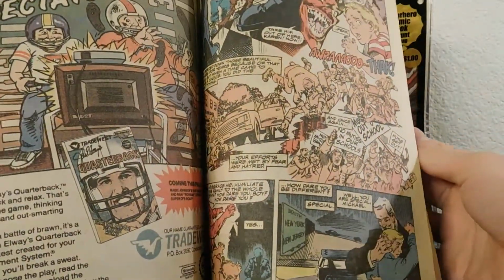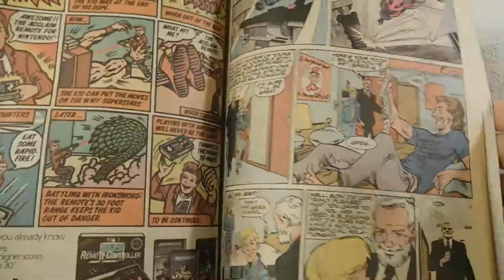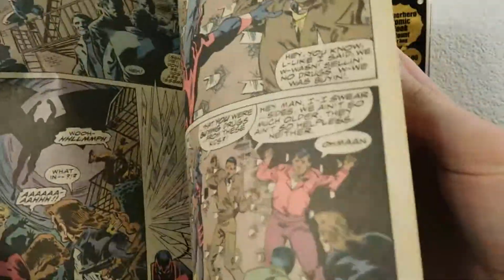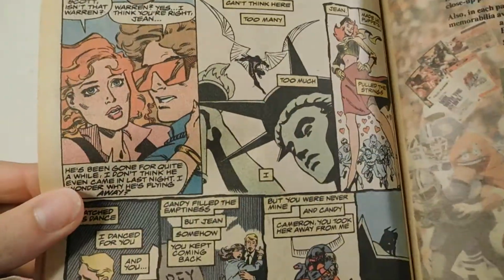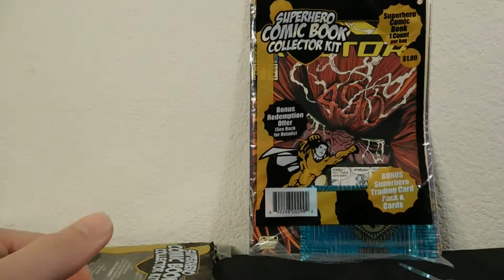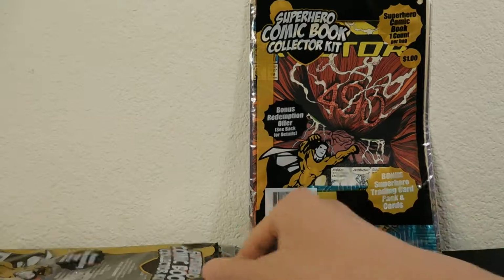It's got pretty good artwork, but you can definitely tell it's dated. This one seems to be mainly about Archangel. But there's Cyclops, my favorite character. I made a custom of him recently. I'll review him at some point. Okay, we also get...